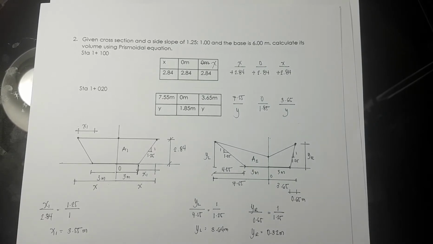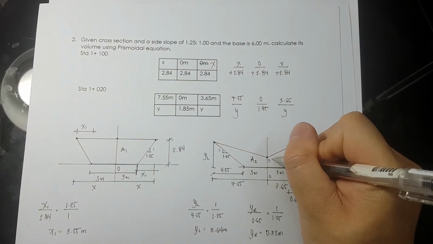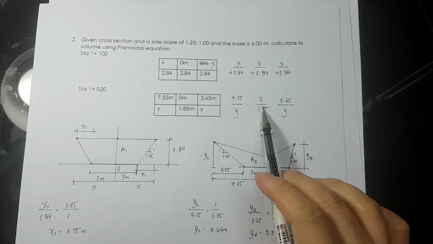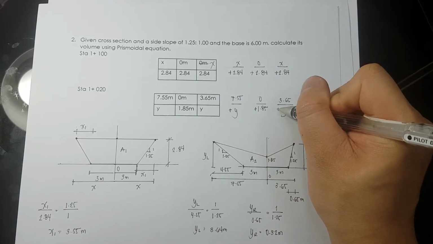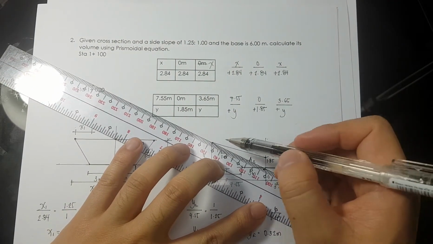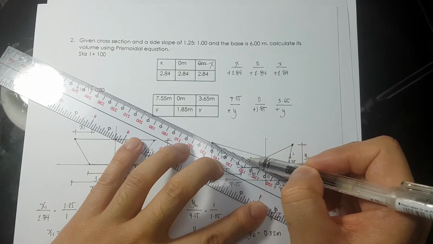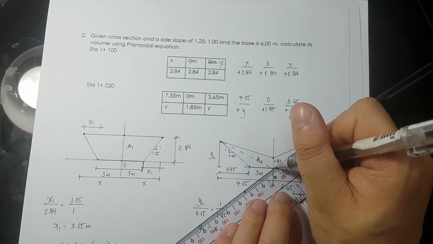So, solving for the area, hatiin natin siya into smaller triangles. Take note, the height here is 1.85. Yan, vertical. So, this is positive, this is positive, this is also positive. Okay, so hatiin natin siya into smaller triangles. Okay, so that will become